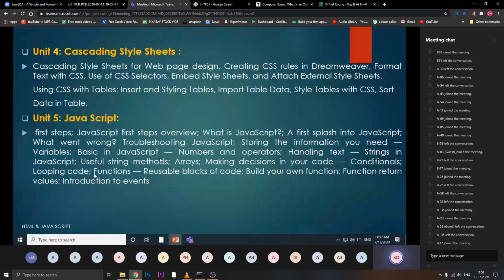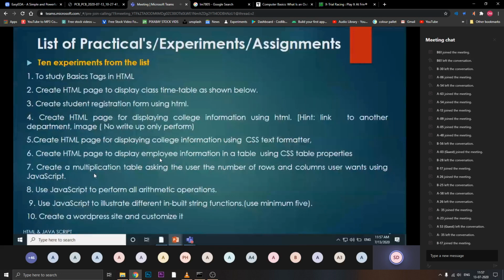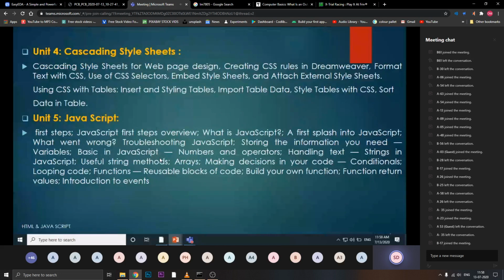Then you have already studied the functions also, that is user defined functions or system defined functions, right? You have dealt with scanf, printf, main function, getch or clrscr, right? Are you able to listen? Yes, ma'am. Okay, so apart from printf and scanf, you have dealt with the user defined functions also.